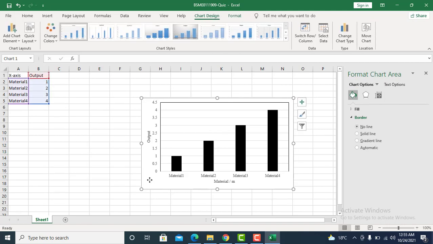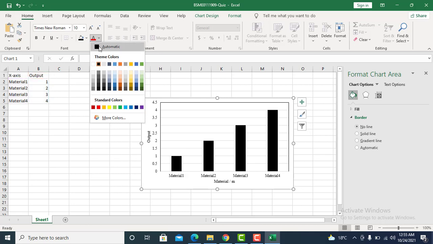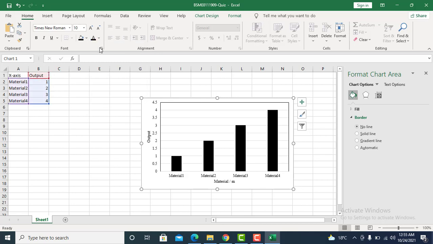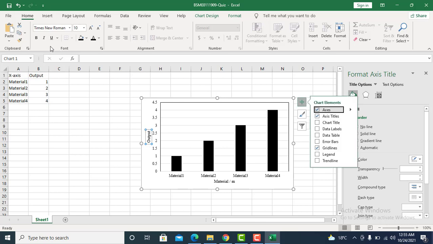Now click again on the graph, go to the Home tab and select the text color to be black here. Now bold the labels by clicking the B command. This will identify your axis labels.